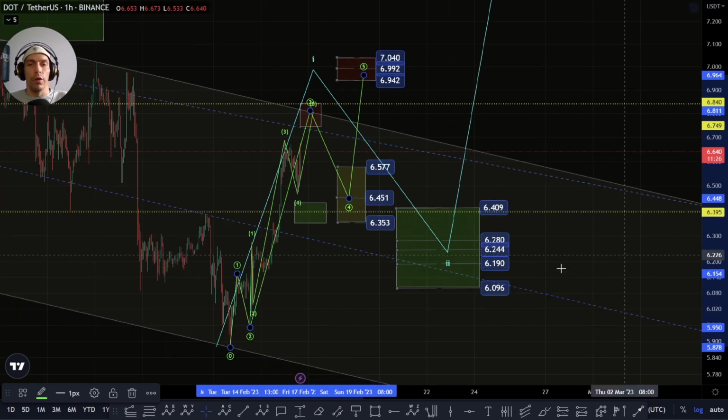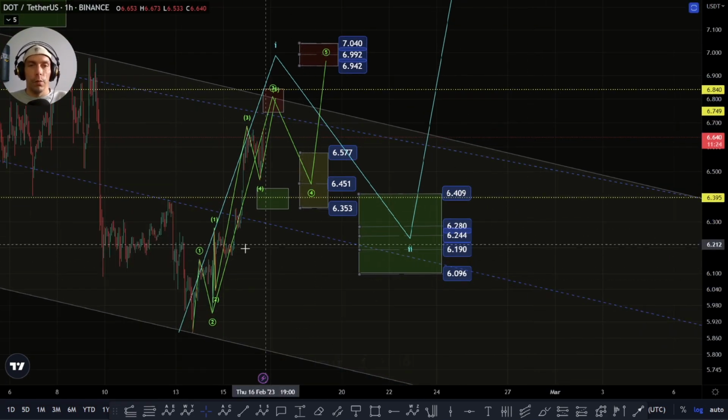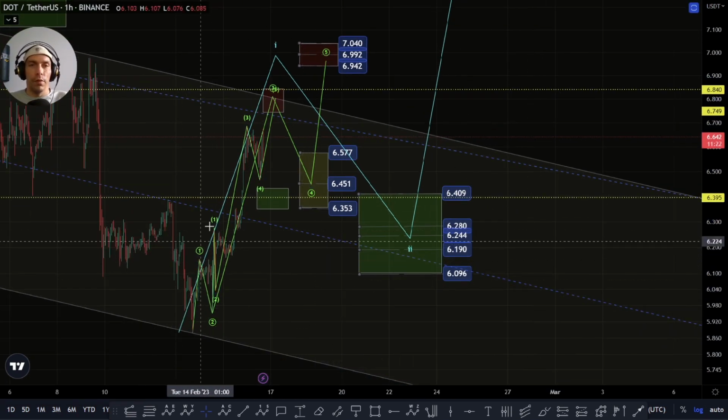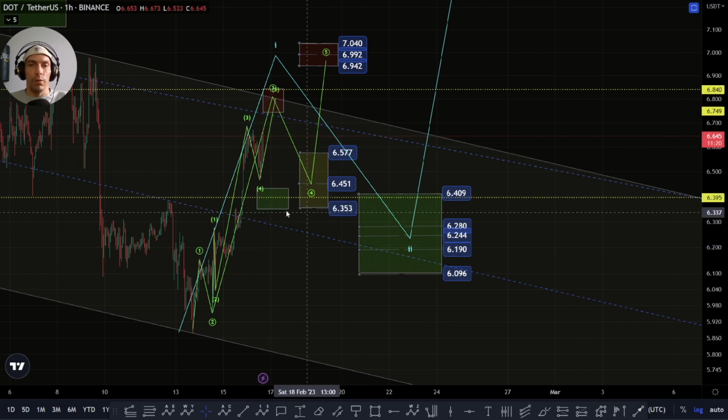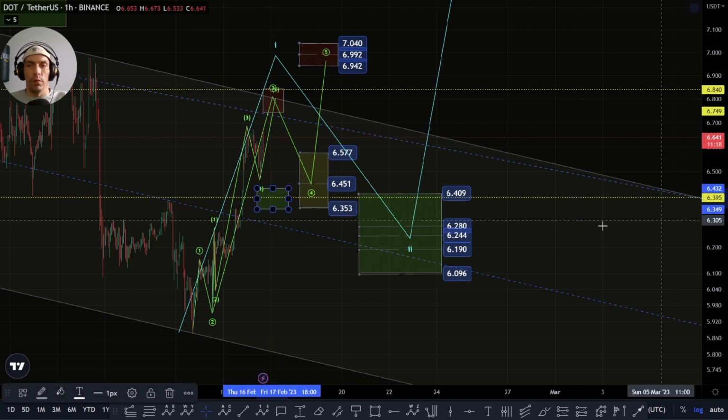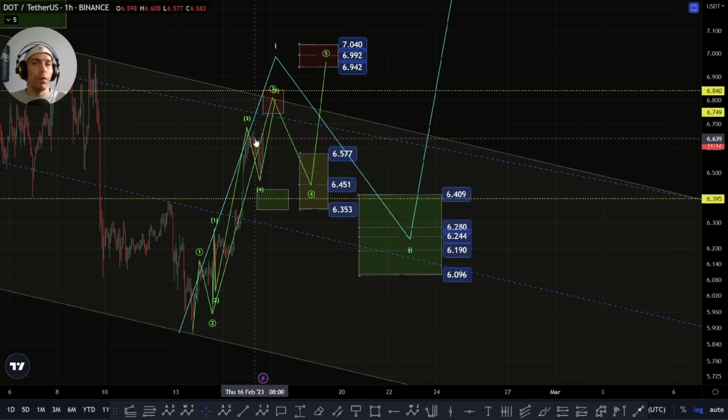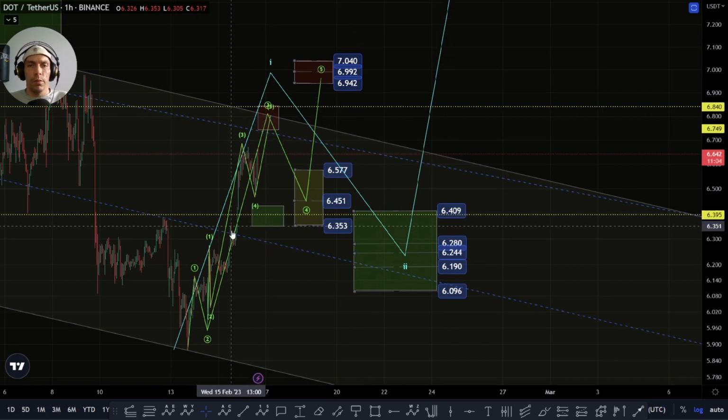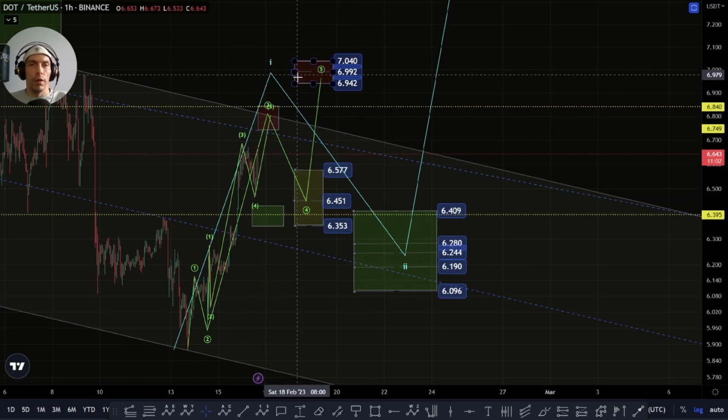this 5-wave structure. Obviously, like I said, we've got some key areas here, these tops of these wave 1s, and we don't want it to drop below these 50% zones, which would be, this one would be 634, and then alternatively this one would be 635. So these are sort of key areas. If we start to break down below these, it becomes less likely that we are following that structure that we're looking for here. However, for as long as we do continue to set these higher lows and push up into